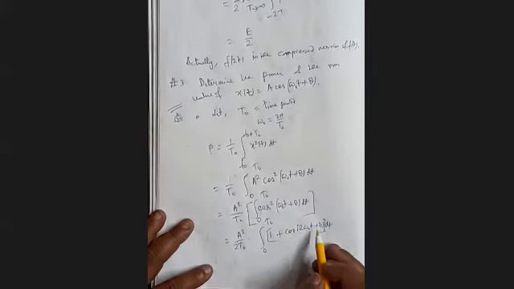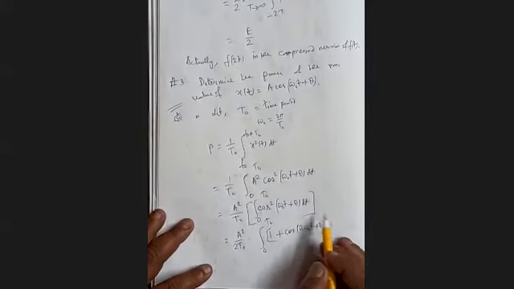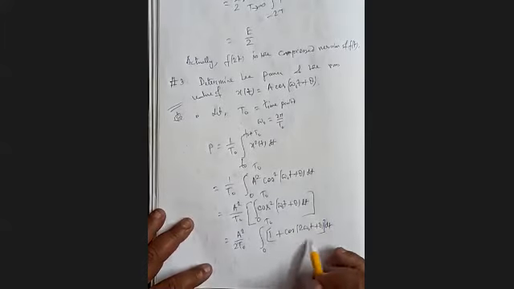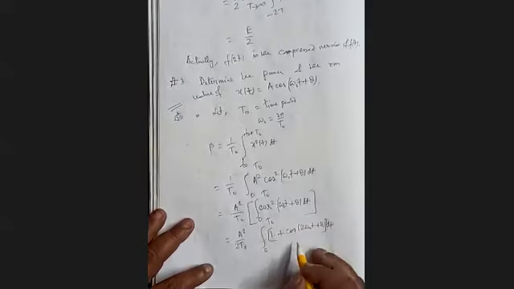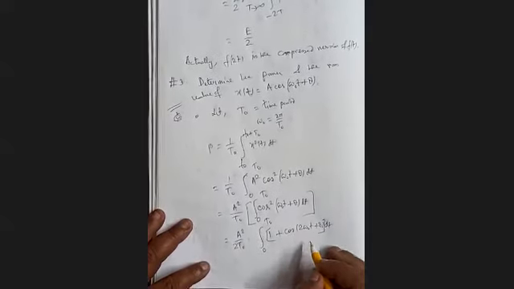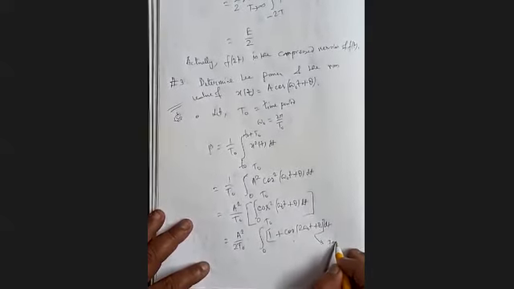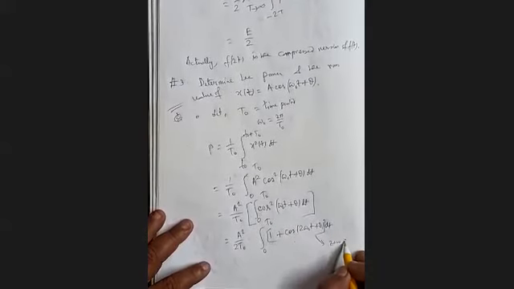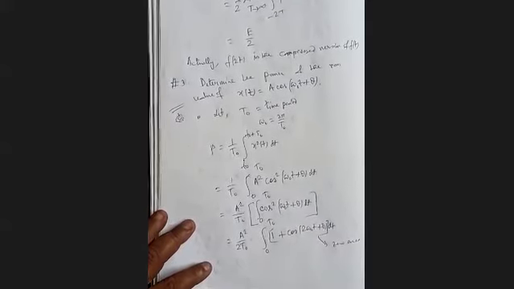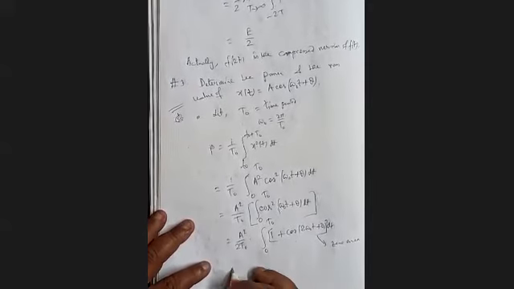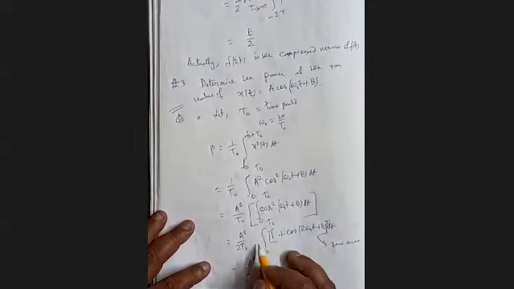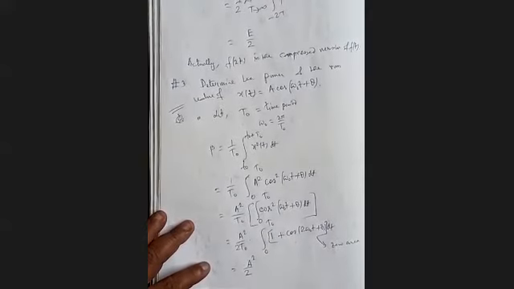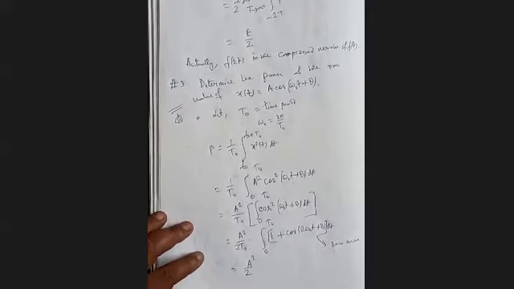Now if you integrate that part, it can easily be proved that integration over one full cycle is 0. I am not doing it, you do it. That part will have a zero area, because the positive area and negative area are the same. They cancel each other. So ultimately you'll get A square by 2 after integrating. So that is the power.